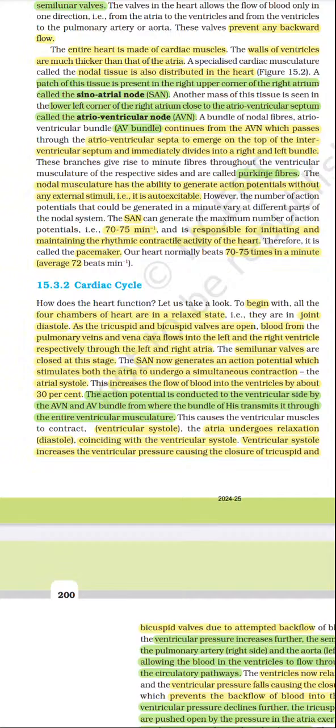The SA node now generates an action potential which stimulates both the atria to undergo simultaneous contractions. The atrial systole increases the flow of blood into the ventricles by about 13 percent. The action potential is conducted